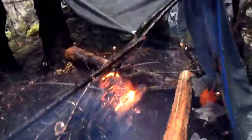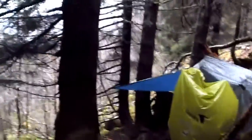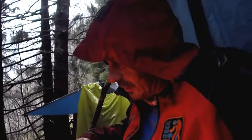The only reason that I've been able to stick it out in these conditions at all is it all hinges around building a functional fire that you can actually get warm from and dry things out on. And in these situations,